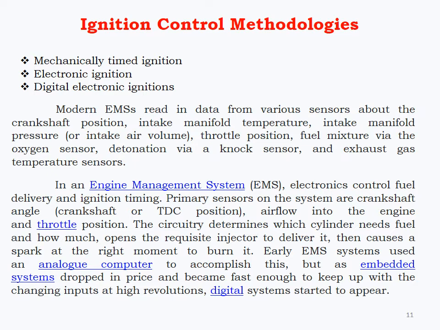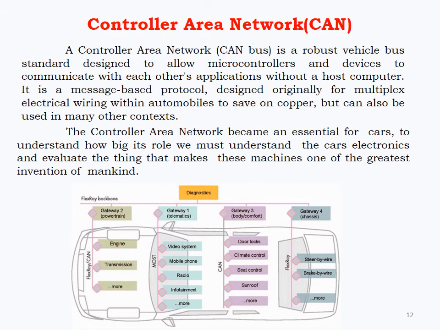In ignition control methodologies, we are using the engine management system. In the engine management system, we get values from different kinds of sensors, such as the position of the throttle valve. So they are getting the information. Then the engine control unit gives the information to the ignition unit to enable or not, as a digital value, 0 or 1. Okay, so the first part is finished, that is, what is the engine control unit and what is EMS.